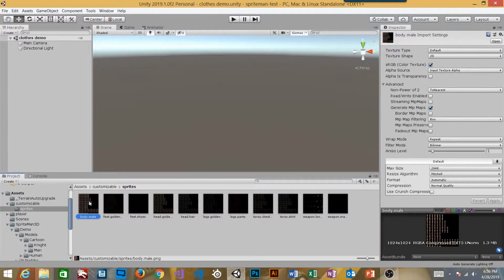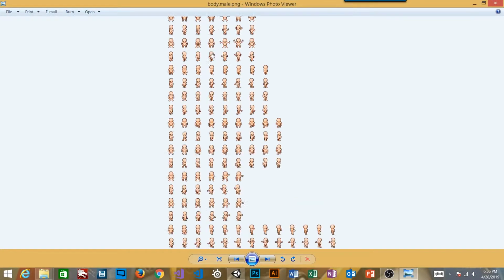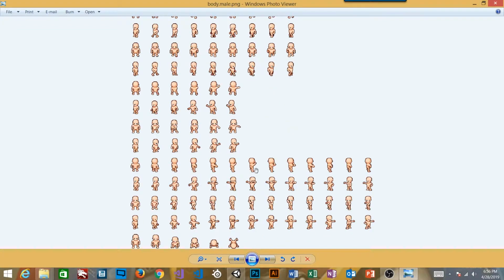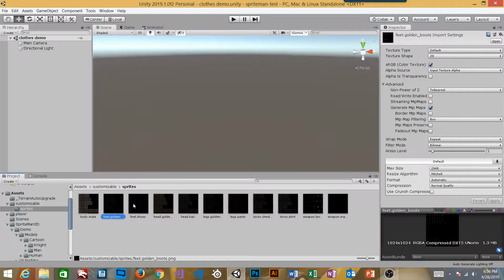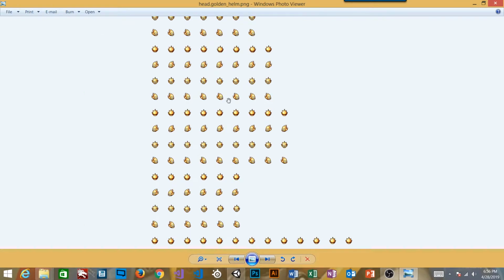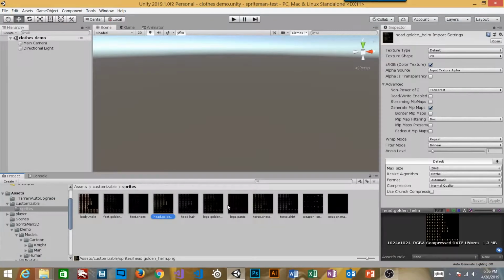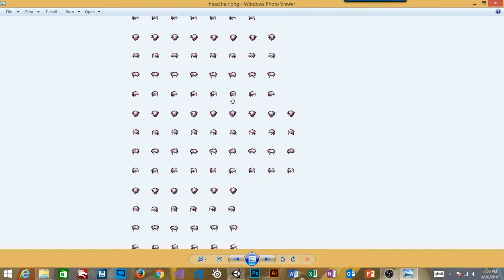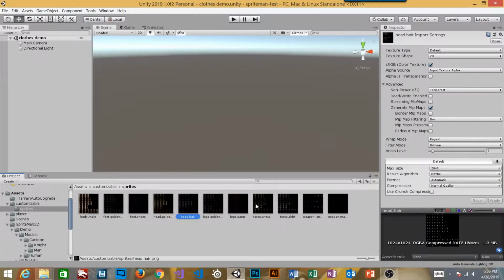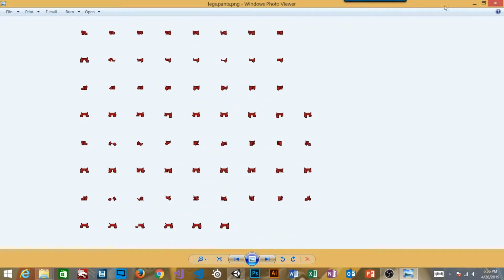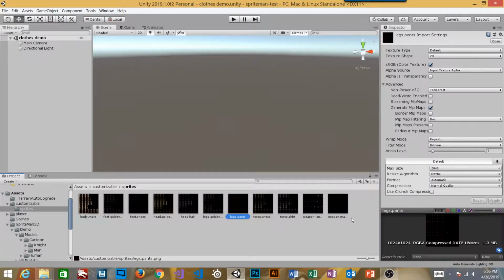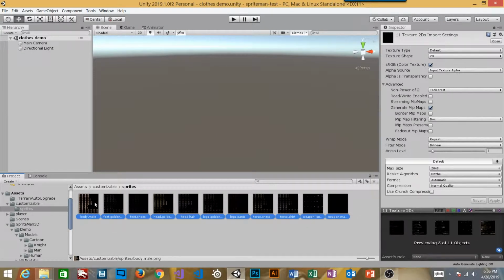So there are various sprites. First is going to be a body character. This is going to be our base sprite. Then there are going to be things like shoes, things like helmets. He's going to have hair. We can give him some pants. I don't know what that sprite sheet looks like. So anyway, these are the various sprite sheets,